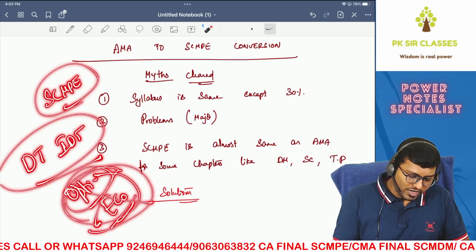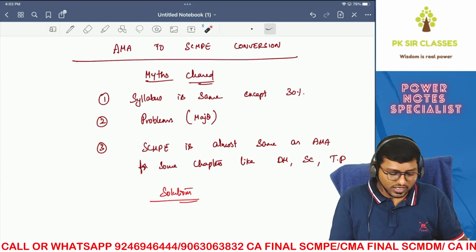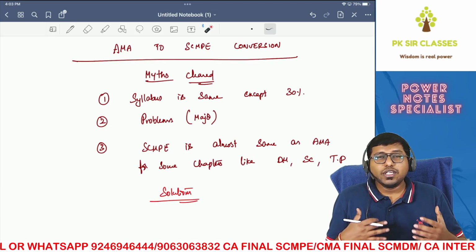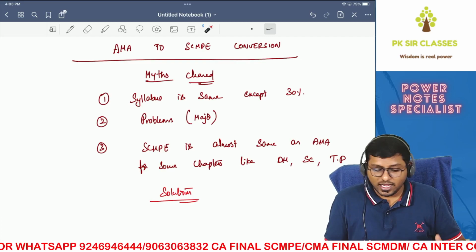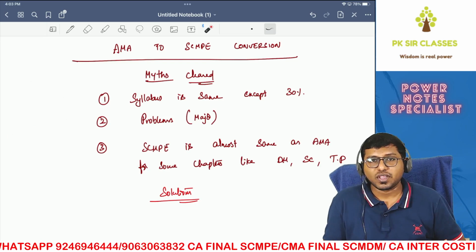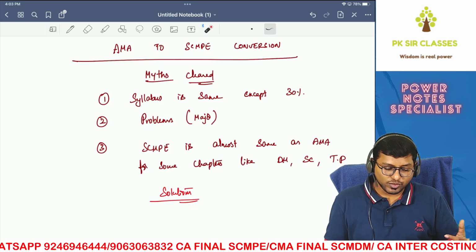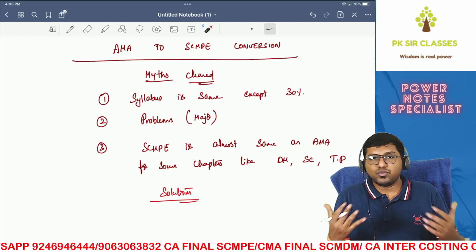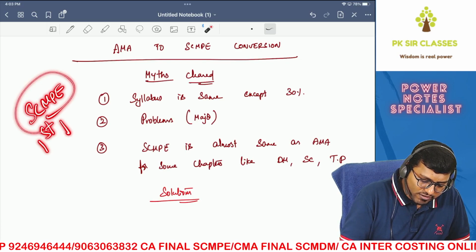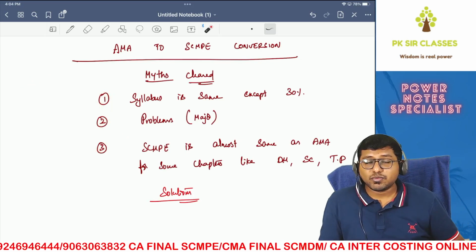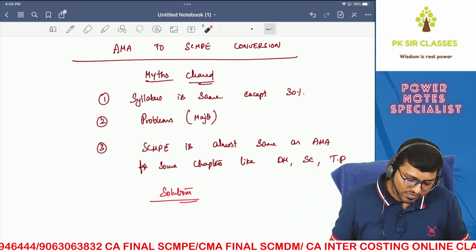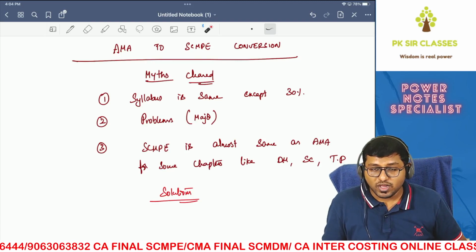So that work is done, right? DT and IDT are also very easy, because the syllabus is the same for you. Easy in the sense that you need not learn something new altogether again. But when it comes to SCMPE, you have to learn a lot of new things when compared to AMA. So it's as if you're trying to study a new subject, and this is going to be your first paper, so it should be given the highest priority, because psychologically that will decide the mood of the other papers and how you are going to perform. And yes, it's challenging as well.